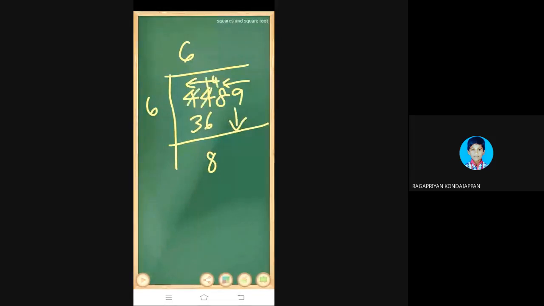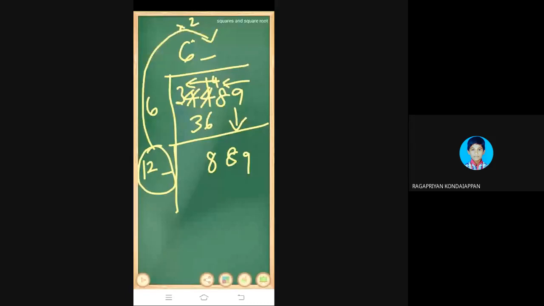You all know, no? 14 minus 6 is 8. Now bring this 89 down. Whatever we have in the quotient, that we should multiply by 2. So 6 twos are what? 12. So you have to think of a digit here as well as here. Together with this number, we have to multiply this number. So we have 9 here. So if we are writing 3 in 49.